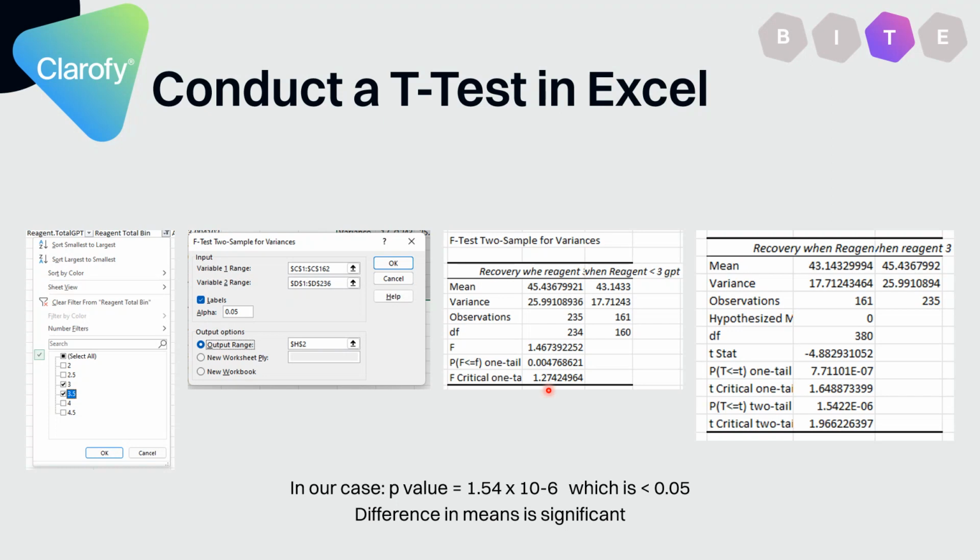There is a lot of support on Excel about how you would use this statistically, but the process can be a bit lengthy. Another little tip: for some reason, Excel needs the first variable's variance to be higher than variable 2's variance, otherwise the f-test doesn't work. So if you find that your variance 1 is smaller than variance 2, you'll have to swap them over here. Just a little tip.